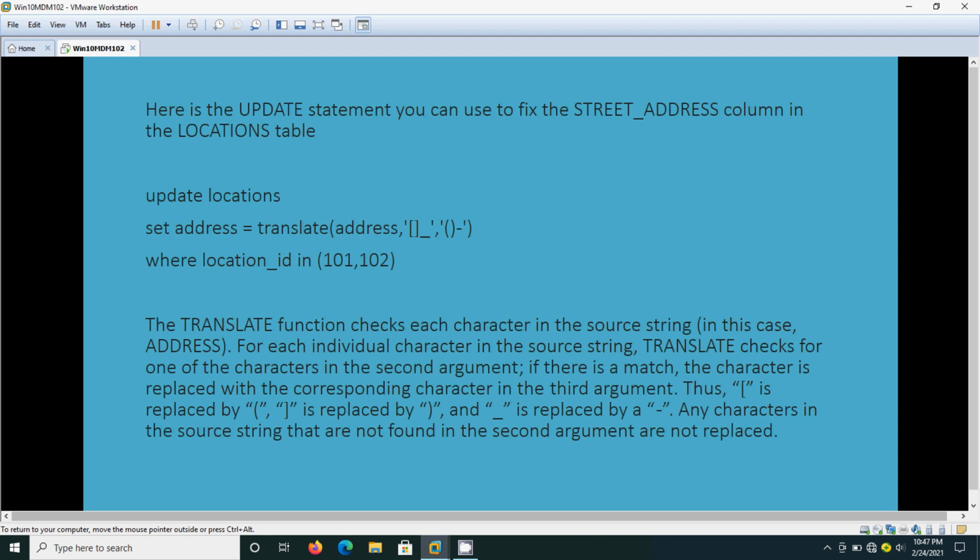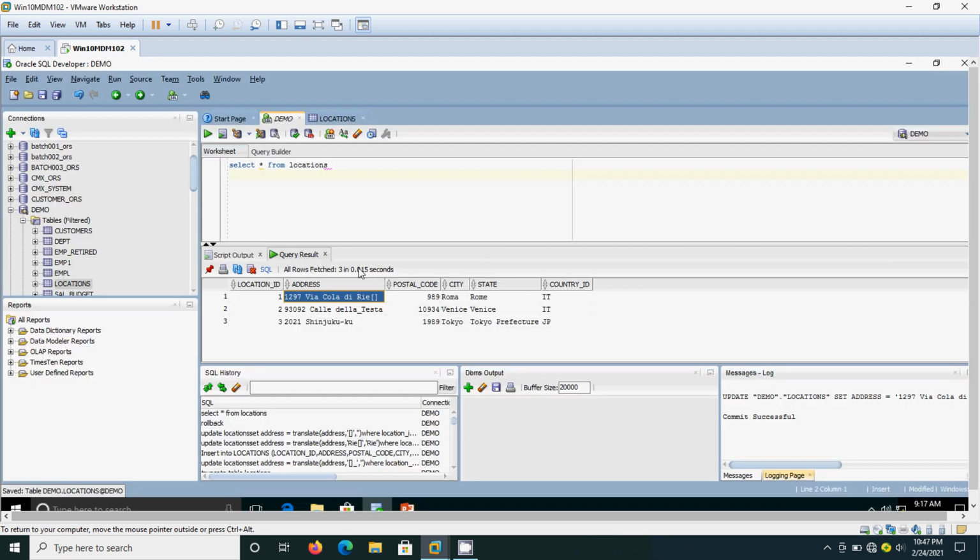I will show you now. Here I am going to update it. Here I have already written that: update locations, that means the table name, set address, that is the column, equal to translate of address, we are passing the arguments, and we are going to replace the square bracket and underscore with the parenthesis and hyphen.